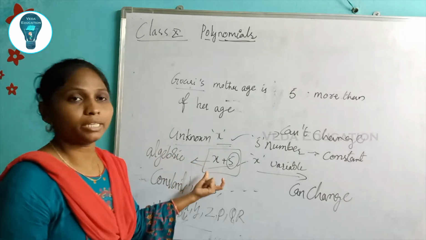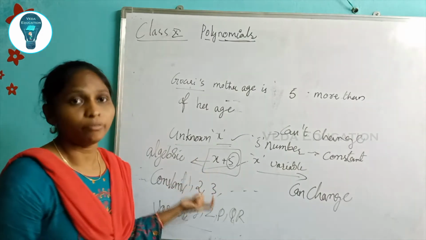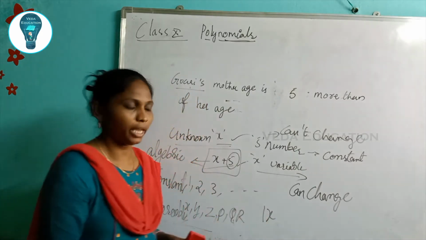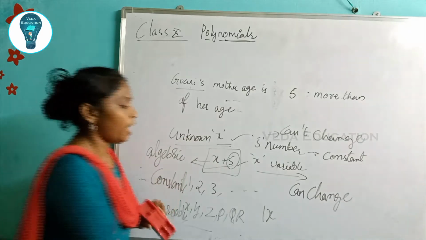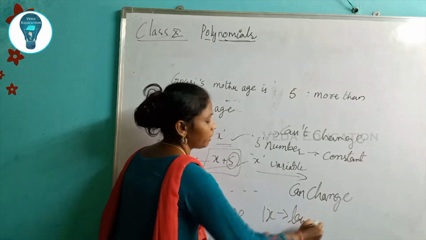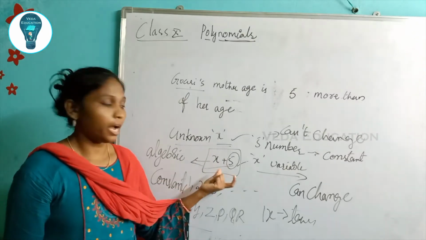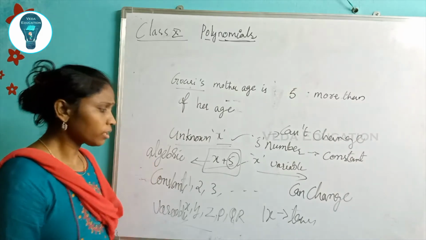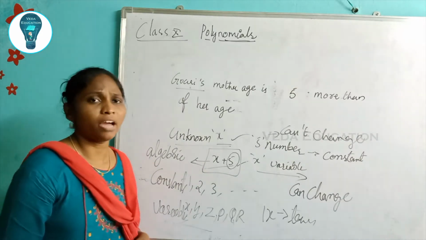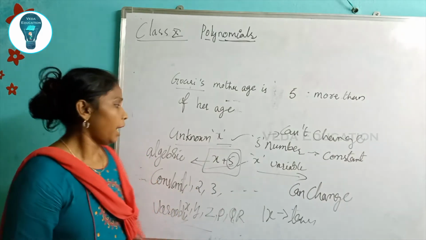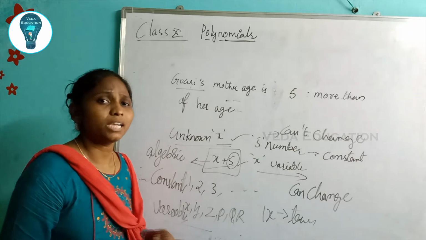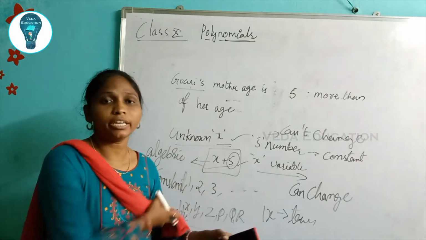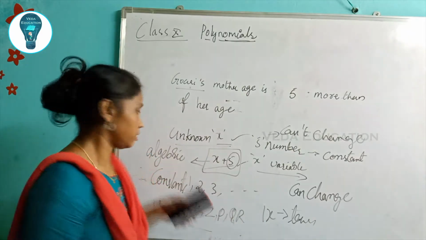An algebraic expression is nothing but terms connected, two or more terms. What is a term? A term is a product of numbers, constants and variables. When terms, that is constants and variables, are connected together, we call it an algebraic expression. Got it, everyone? So in an algebraic expression we can have many terms connected with plus and minus, and we will discuss degree, and based on the degree and the number of terms we will have the names.